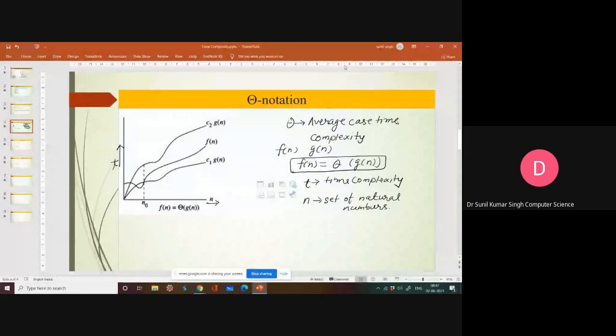Now, we have to think what should be the condition. I mean, what will be the condition when we will be able to represent the time complexity of one function in terms of another function. Theta g(n) represents a set, and f(n) belongs to that set. So maybe if we are going to write it in other terms, then we can write it like f(n) belongs to theta of g of n. You can write it this way also.